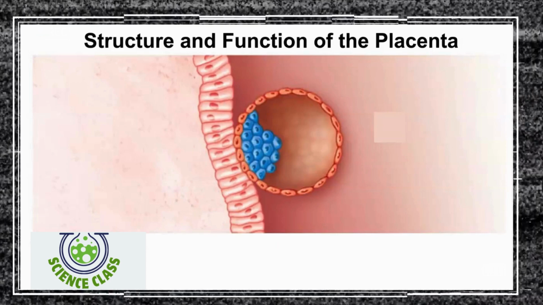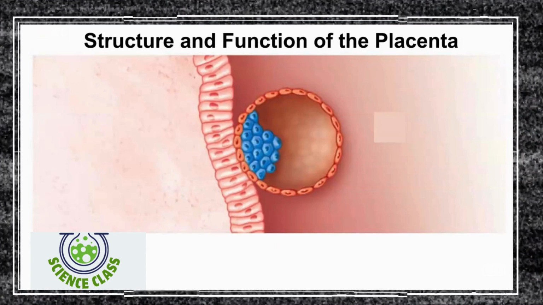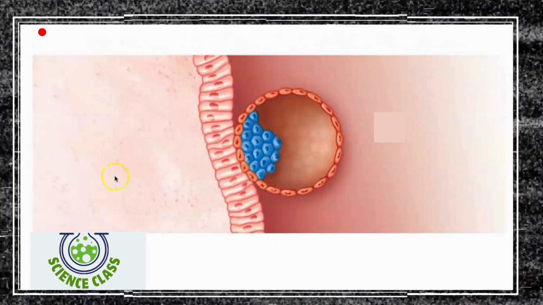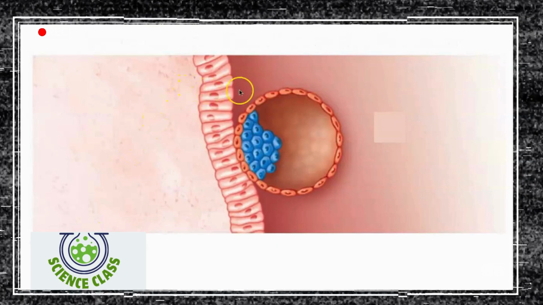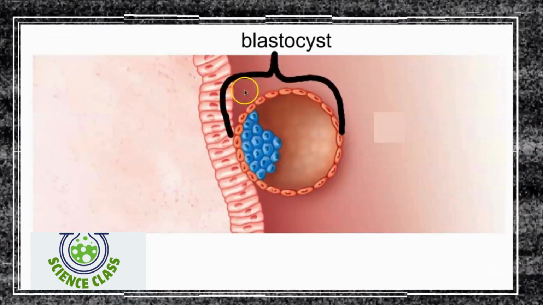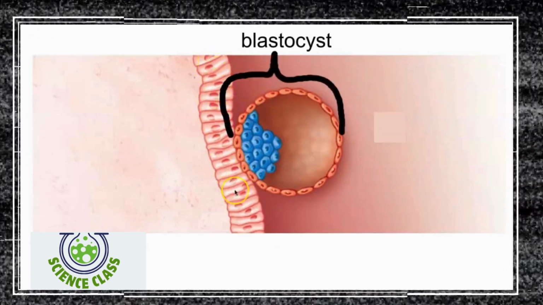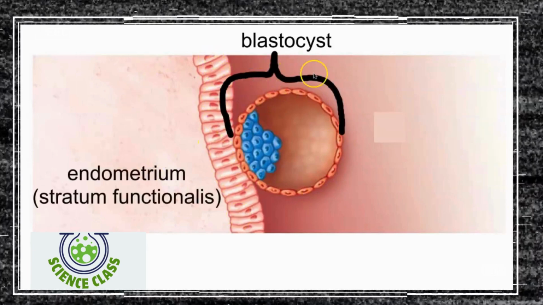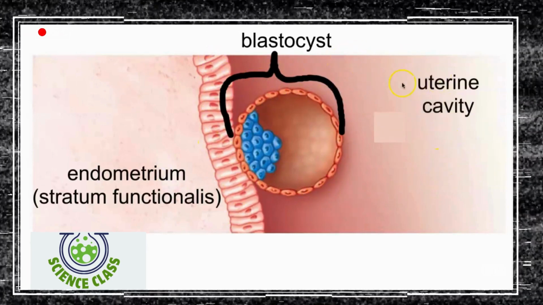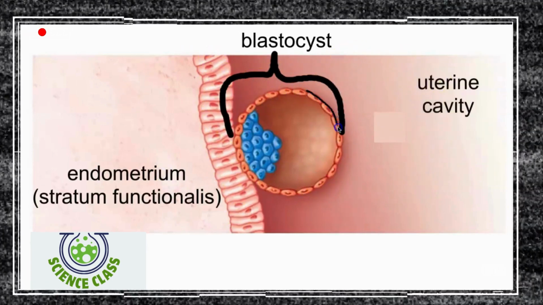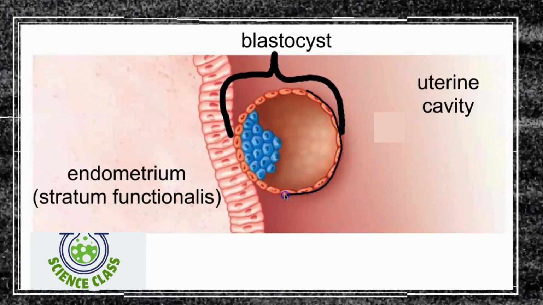To understand the structure of the placenta, it helps to understand the structure of a blastocyst. Here's a blastocyst starting implantation. This is the endometrium. This would be the uterine cavity. And as you can see, if you take a look at the structure of the blastocyst, it's made up of